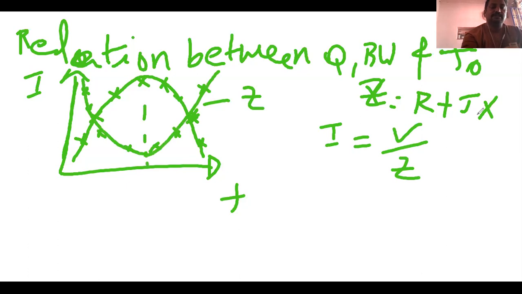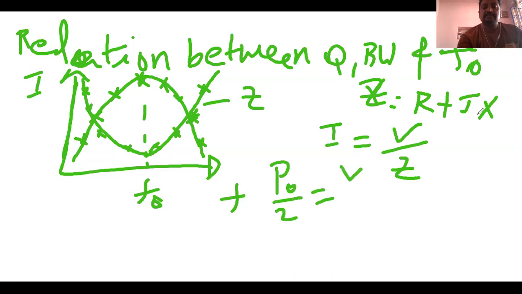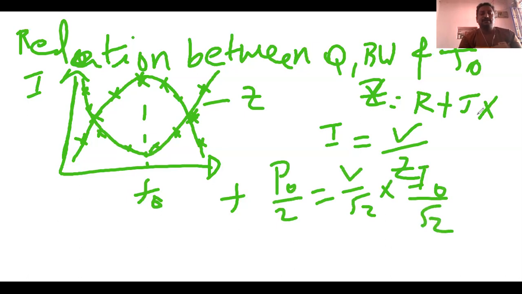So here, as per this, we are getting this as F naught. Already we know that Z is very minimum and the current is very maximum at resonance frequency. Next, we need the half power frequency. So what is half power? V naught by 2. So how can you get it? V by root 2 into I naught by root 2. So from this current, we will pick the half power frequencies.